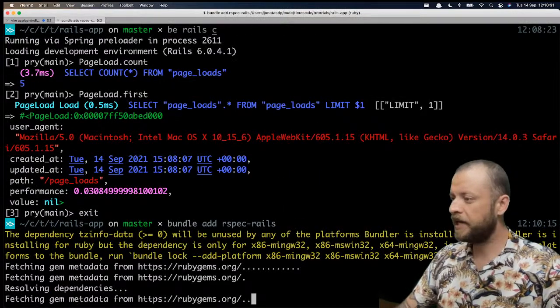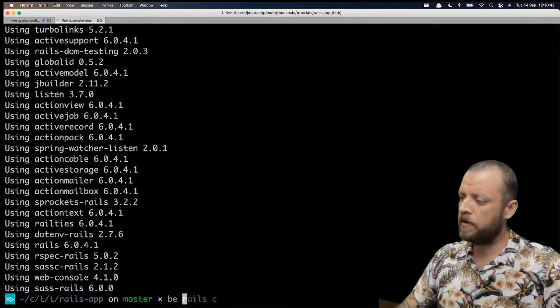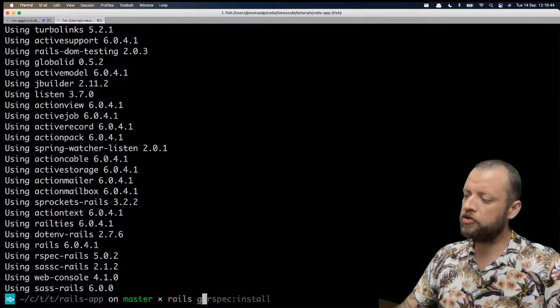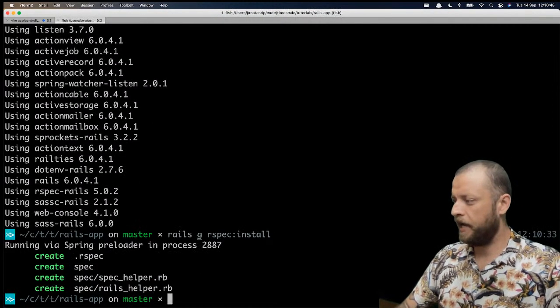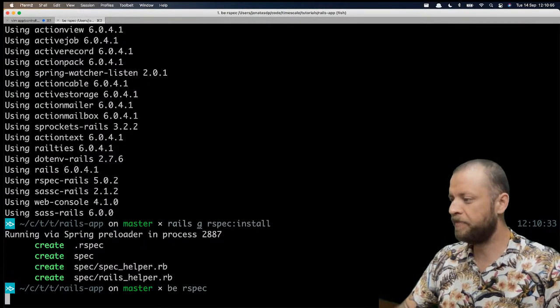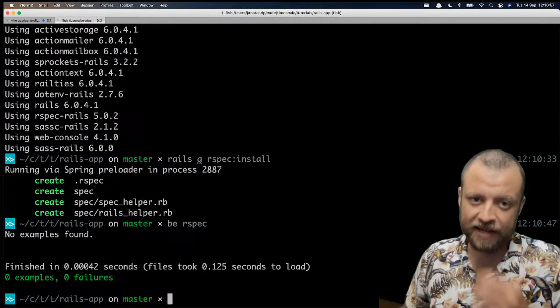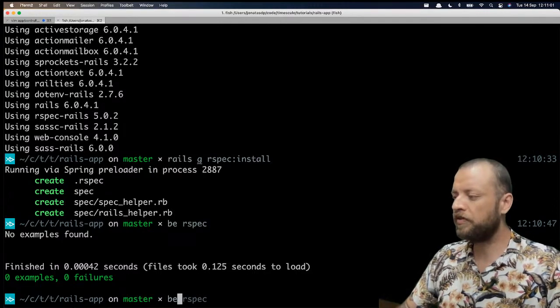We can also run bundle exec rails generate rspec:install, sorry. And now we have the spec helper. If you try to run bundle exec rspec, for example, we don't have any tests and we don't have any problem. But let's say I need to